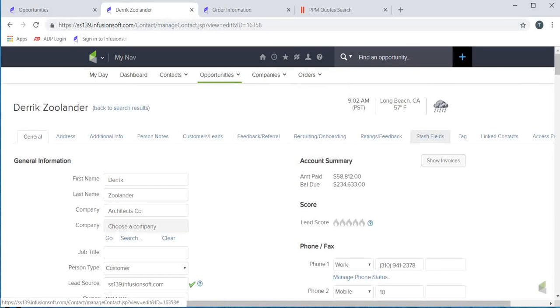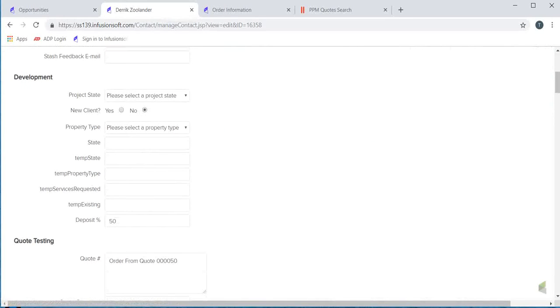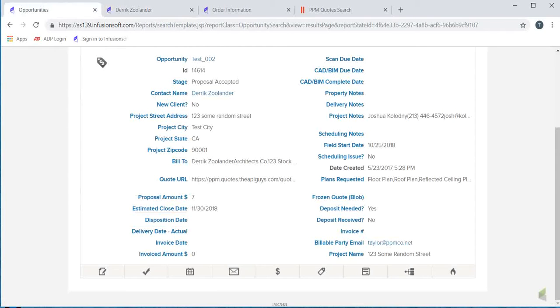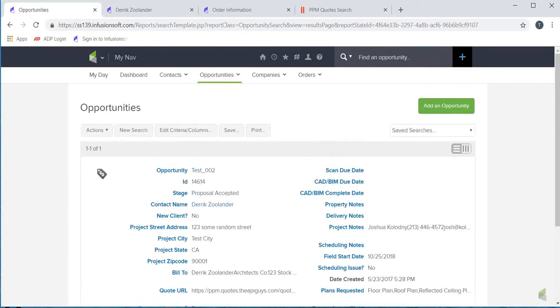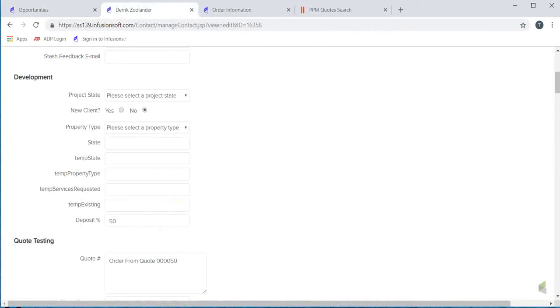So we've got the deposit percentage contact field, and this is just the standard percentage that we would require of any particular contact. And then also for each opportunity, there is, of course, the deposit needed field and the deposit received field. So if the deposit is not needed and that is set to no, or there's a particular client that we don't require deposits for and this is set to 0,